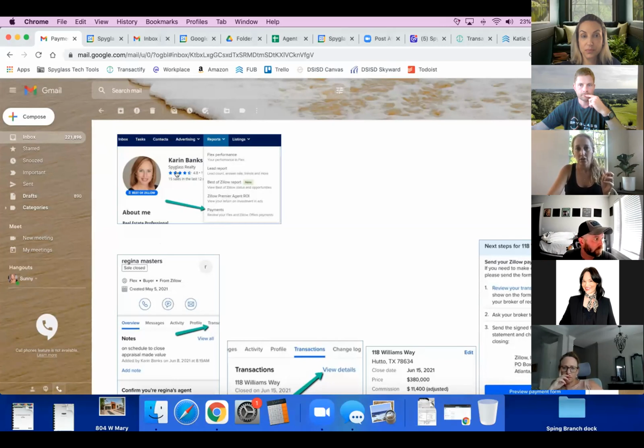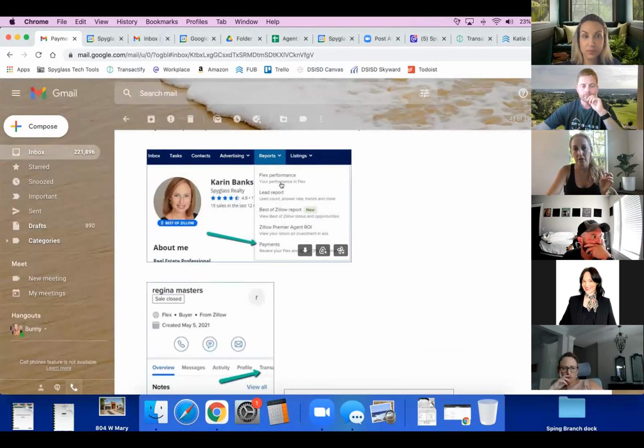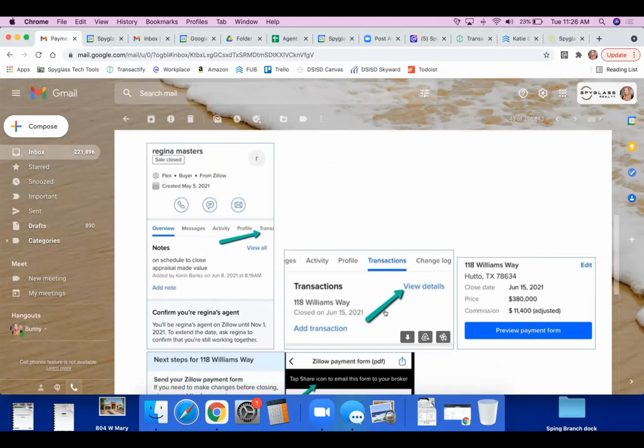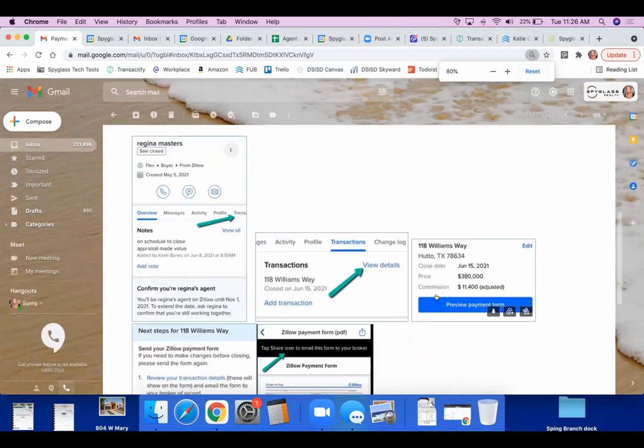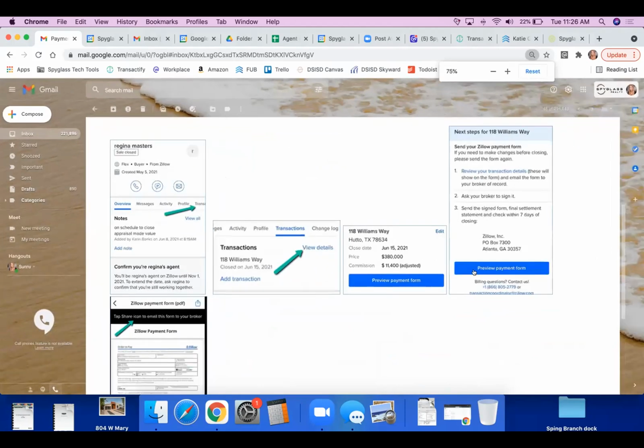You'll see here, I'm showing you guys some screenshots. If you're on your desktop version, it looks kind of like this, but you click under reports, you can go to payments. If you're on the app, it looks more like this. You can go over to transactions, click view details, and then you can see preview payment form right there. Click that, download it, and send it to Errol,